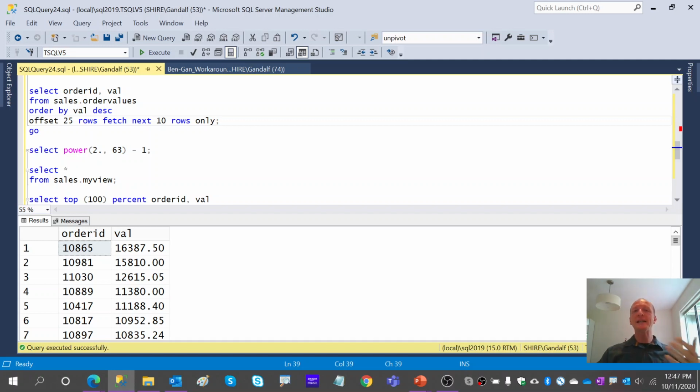This is a feature that was added in SQL Server 2012 and is standard, by the way. So for those of you who haven't used it yet, hopefully this description was sufficient just to understand the meaning. Instead of just saying, I want to filter X number of rows like we do with top, we first indicate how many we want to skip under the offset clause, and then how many we want to filter after we skip that many.